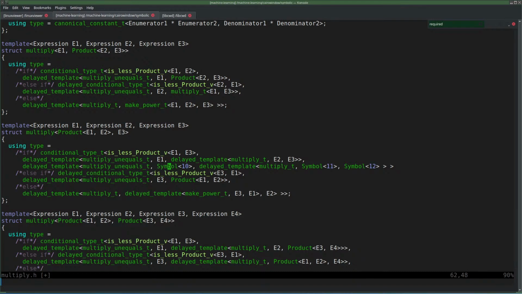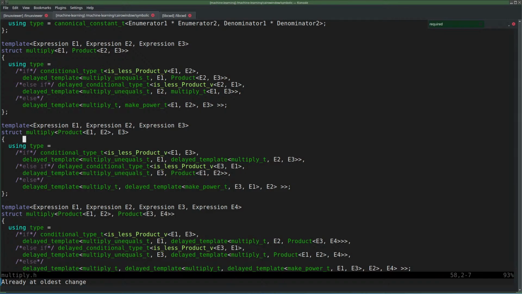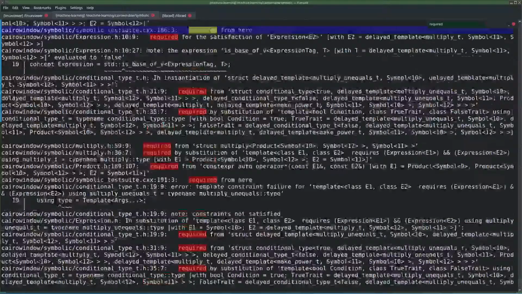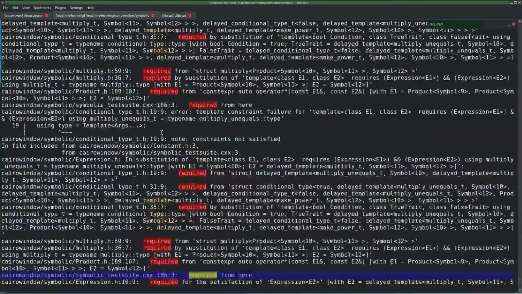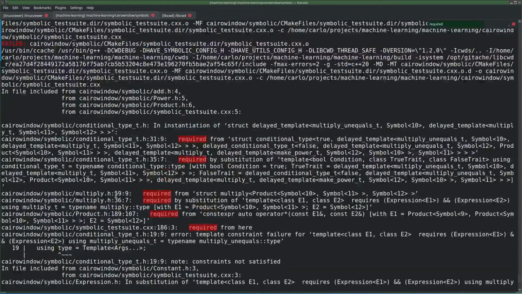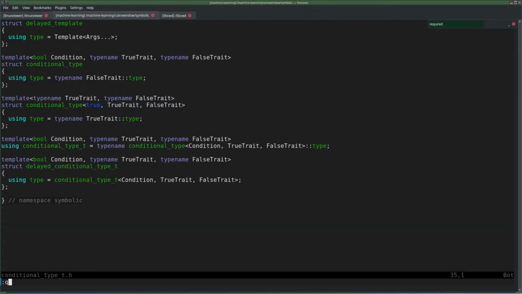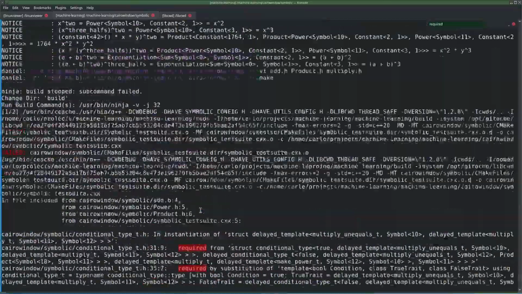Yep. So in the correct line, 5, 9. Well, this is just an abbreviation, so that's not very interesting. And then the one above that is